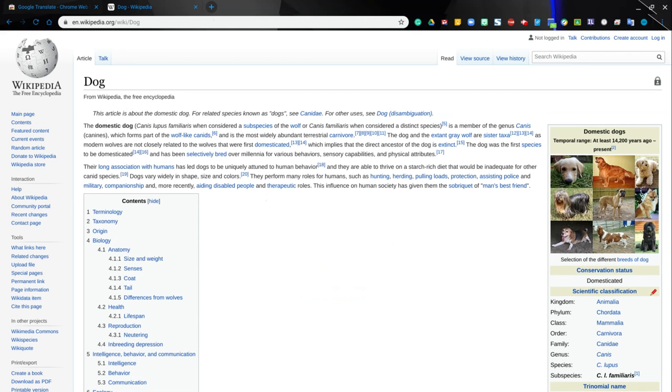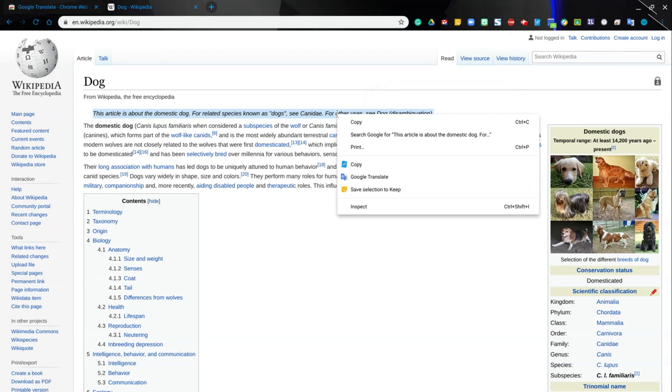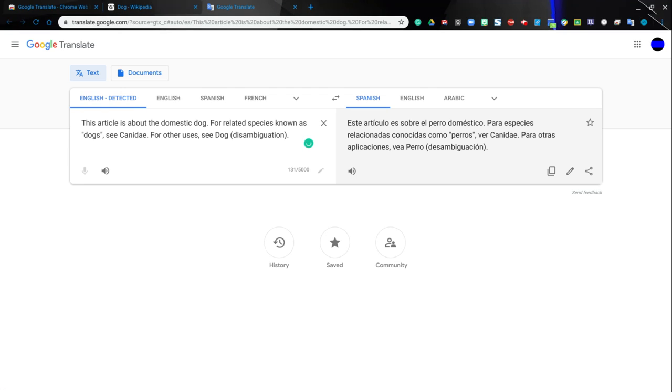And you have a few ways of activating your Google Translate. So you can highlight a whole section of words and it'll pop up here and you can click that. Or you can come up here to your extension icon, or you can simply right click and select Google Translate. So I'll right click and select Google Translate and it's going to open a new tab and it's going to